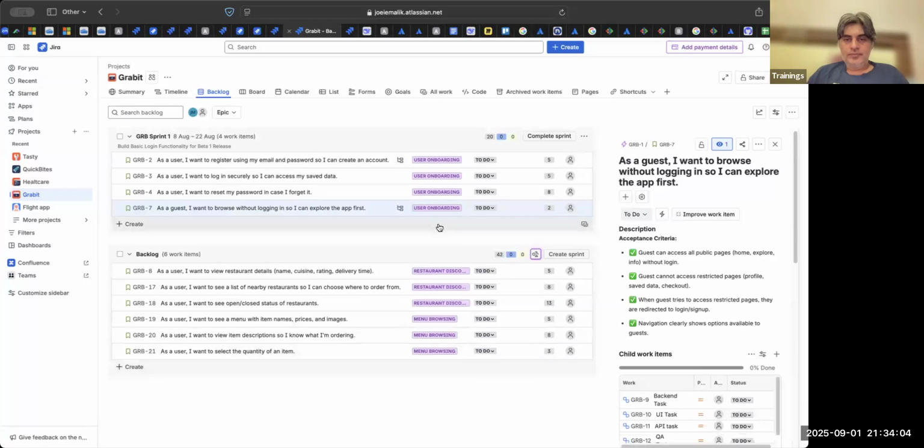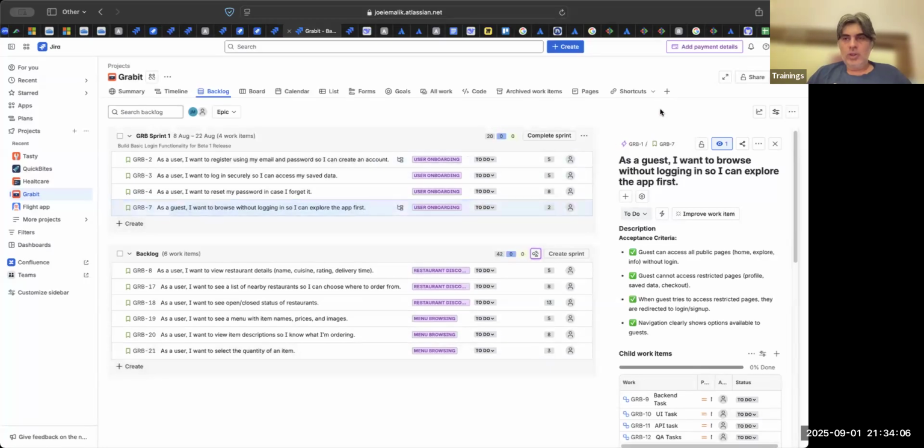Okay, so now, this is my backlog and this is my sprint. A lot of people were asking about sprint planning. So 20 points is what we took. Let us see now what happens.